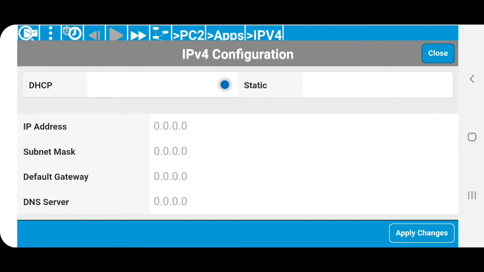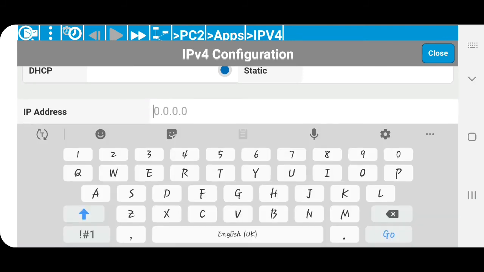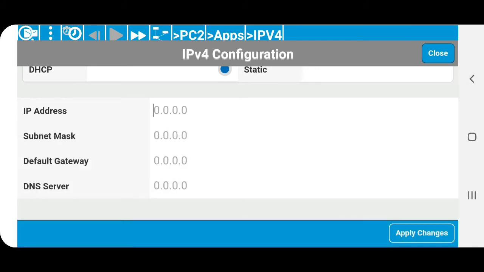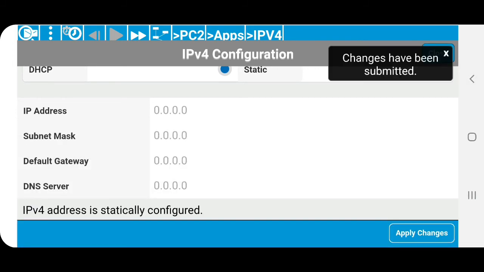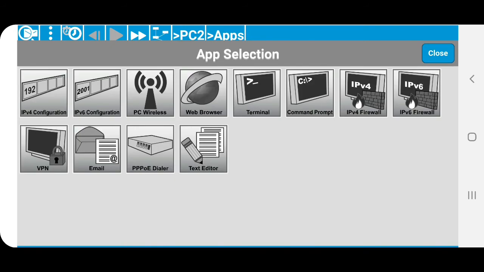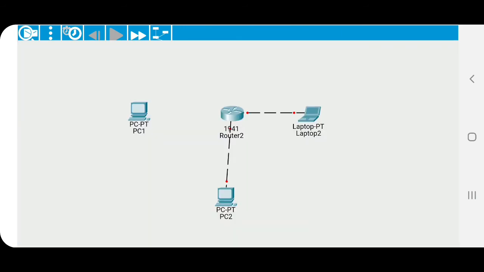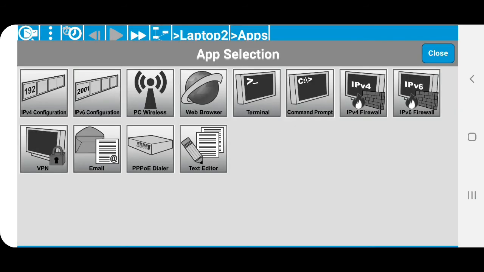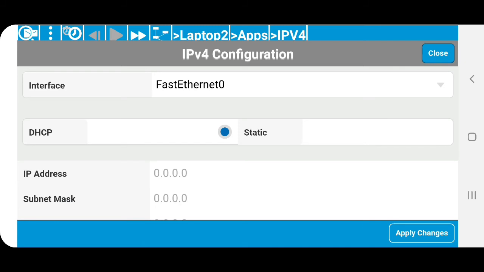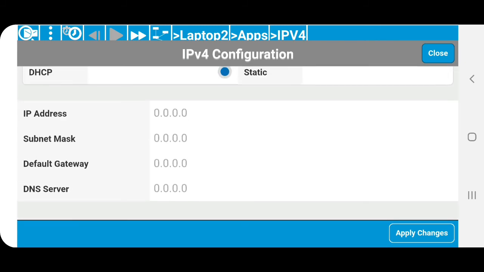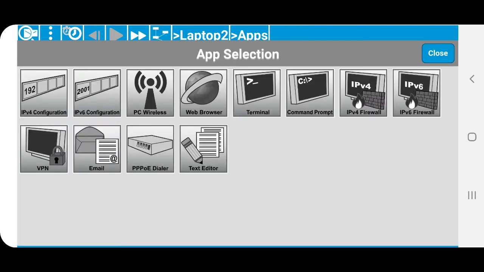Then apply changes and you can close. So this is the command prompt. For the laptop it is also the same: double click, use IPv4 configuration, insert your IP address, subnet mask and default gateway, just apply changes and close. And here is the command prompt.